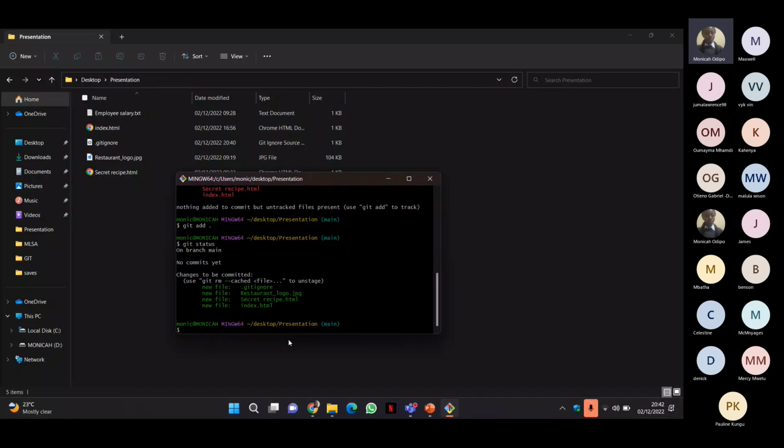Okay, there's so many terms being used. We have Git, we have begun with git add, git status. There are so many, but like I said, as you continue using Git, you'll get used to them and actually get to learn what these commands mean. So that's the command I have used to check my status, and I can see that now my files are being tracked because I've added them to be tracked. Then now I can